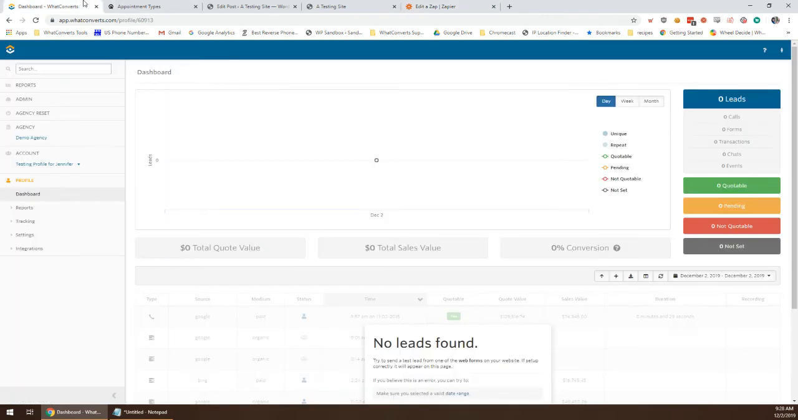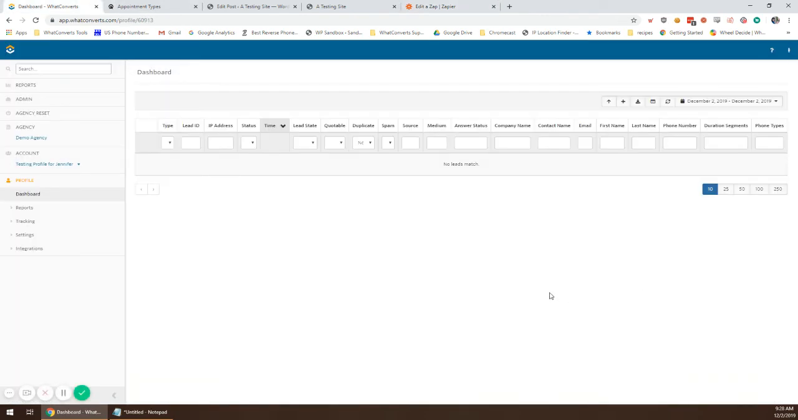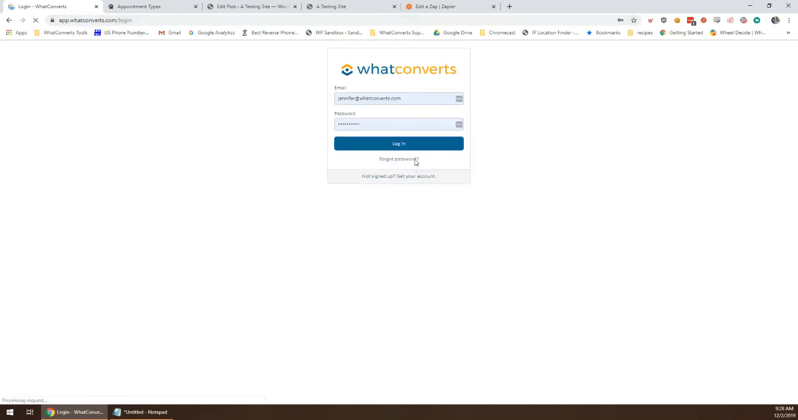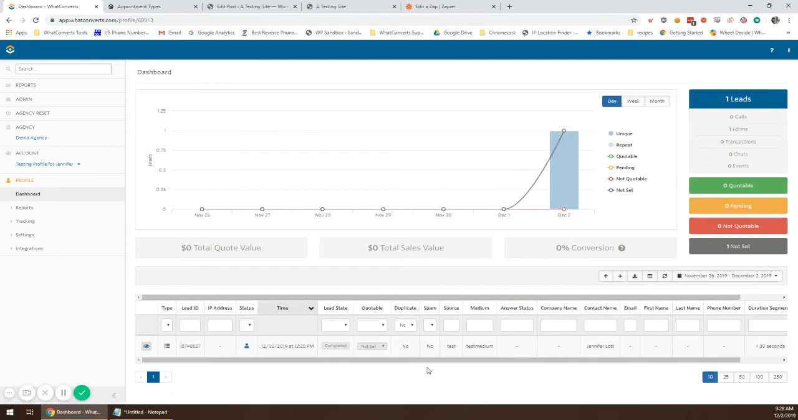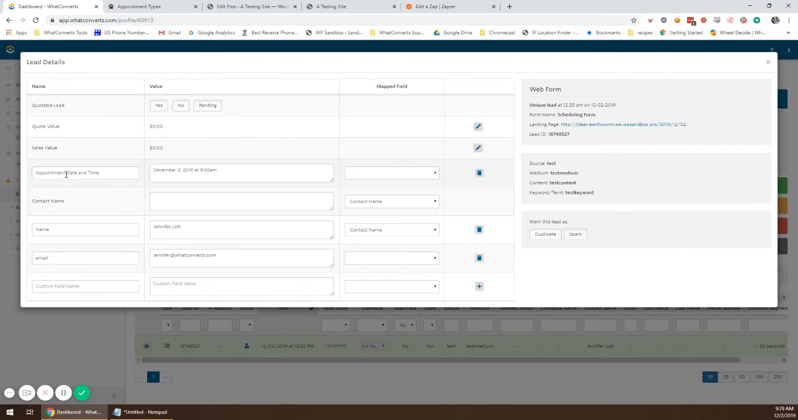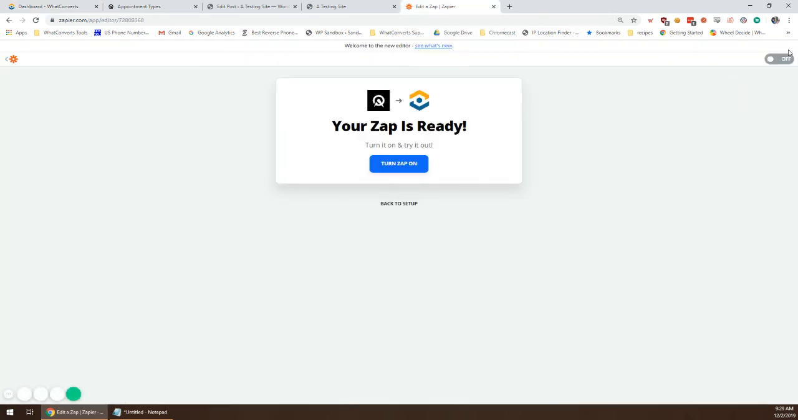So we're going to go over to my dashboard here and refresh the dashboard or log in. And here is my test submission that I just sent. You can see it says appointment date and time. This is the time embedded here. The name of the customer that's signing up for an appointment, their email address, and then all of your test parameters will show up here. Now, if you turn this on, which I'm going to do now,